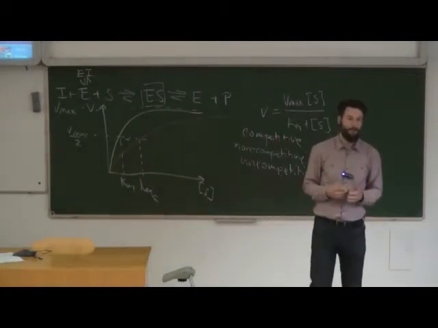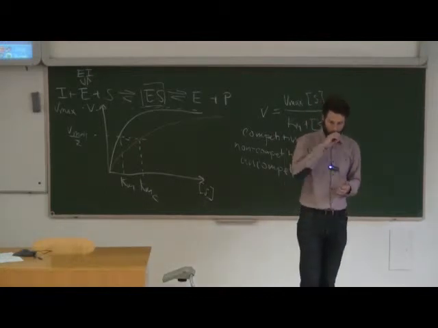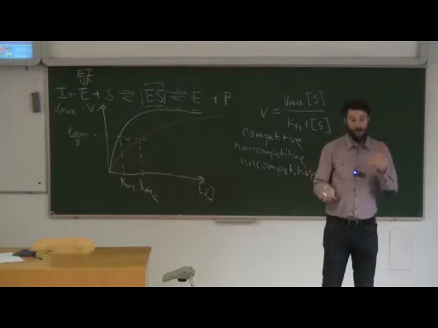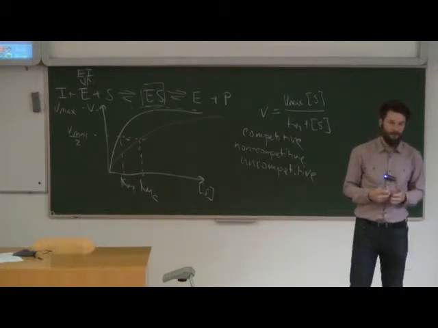Yeah. Is non-competitive inhibition always allosteric? I guess it has to be, right? Because otherwise they would compete for the same binding site. I think it has to be allosteric. Yeah. Doesn't the allosteric change the shape of the enzyme? That's why I said the conformation is changed. Yeah. The shape of the enzyme is changed. Can competitive inhibition be allosteric as well?